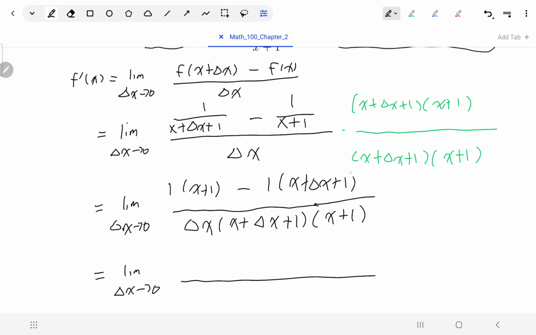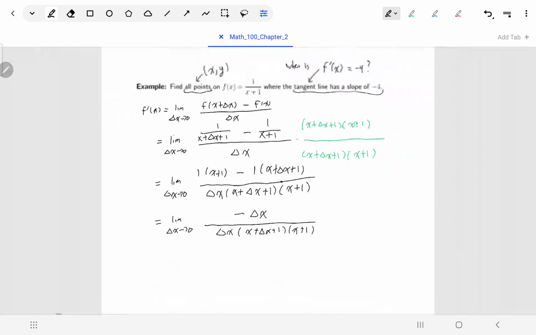The only thing that will be left in my numerator will be minus 1 times delta x, or in other words, negative delta x. And so now at this point, I can see that I'm pretty much ready to go. I have a way now to cancel a delta x from the top and from the bottom,